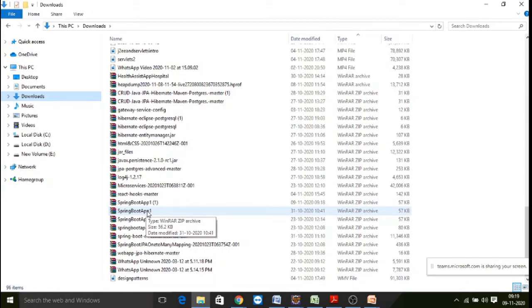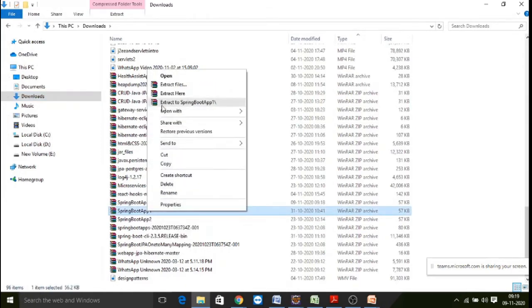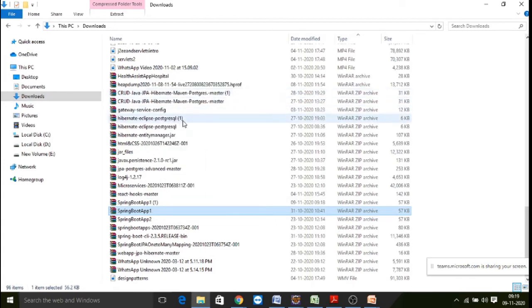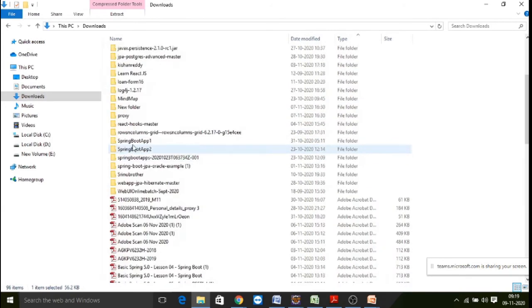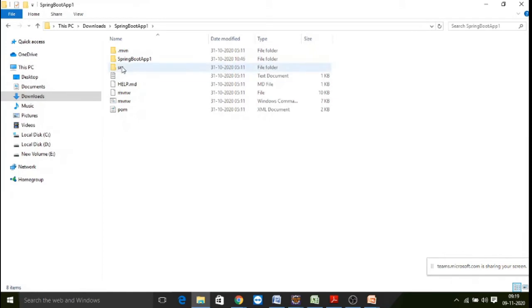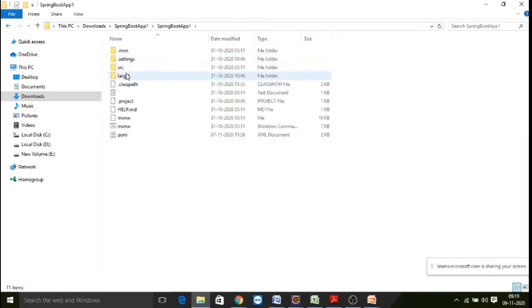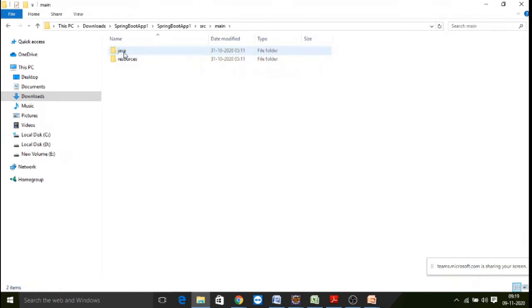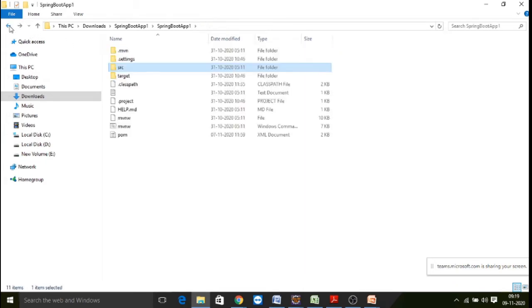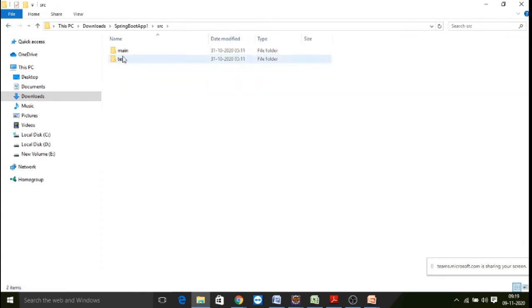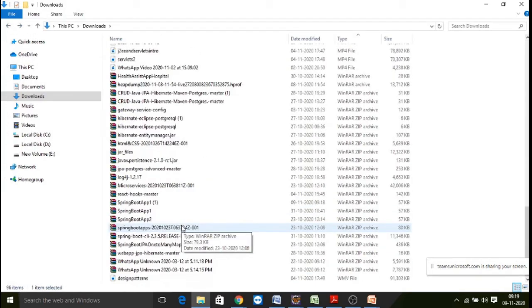Now once it is created, you just extract it. So the application is extracted. See here, a package is created, src main java, and here you can see java com. I think we need to extract it as Spring Boot app 1.